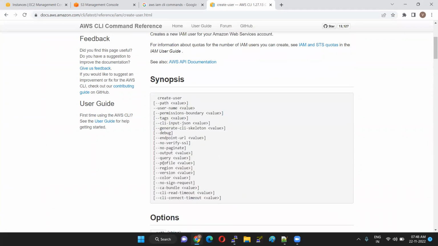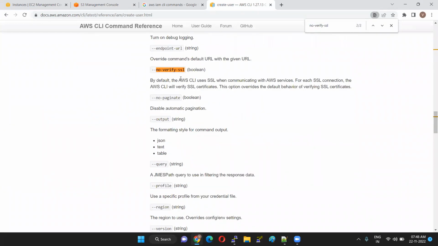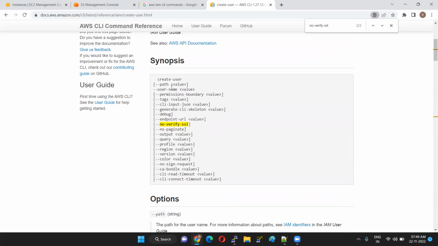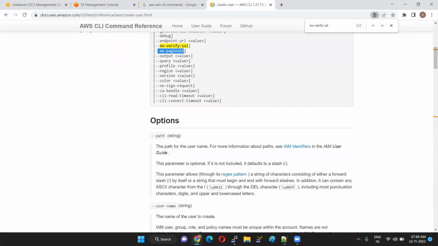All these things: profile, region, output. If you don't know what no-verify-ssl is, come here and type it here. By default, when communicating with the AWS server over each SSL connection, AWS will verify the SSL certificate. This option overrides the default behavior of verifying SSL certificates. So it is expecting a Boolean value, either 0 or 1, yes or no. Like that, based upon the requirement, we need to choose the respective